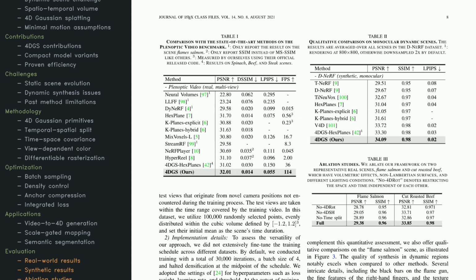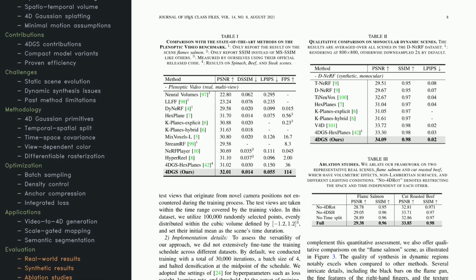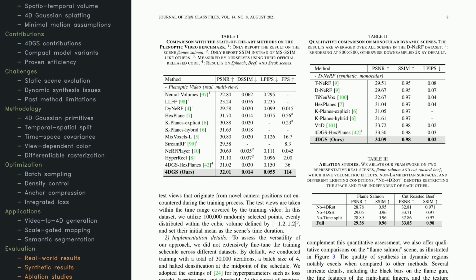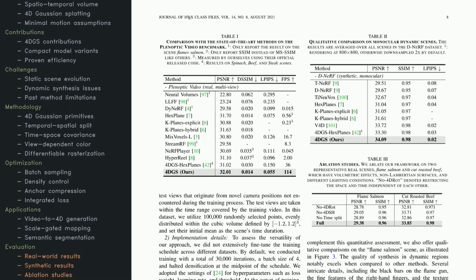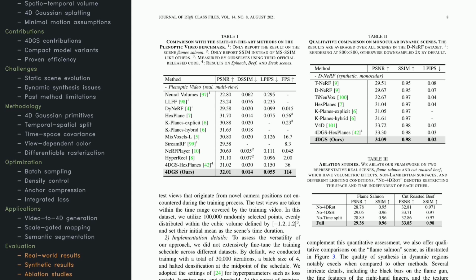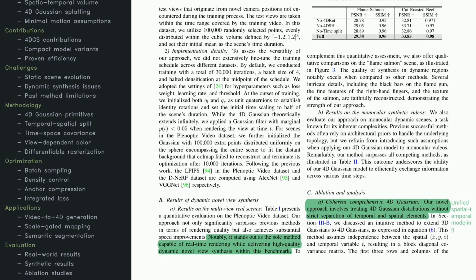We also have ablation studies. They examine the importance of components like coupling space and time in a single framework. These tests confirm the value of using 4D splatting and also show how well the model adapts to different lighting or surface conditions. Continuing with the results, we see that for real-world datasets like plenoptic video, we initialize 4D Gaussian